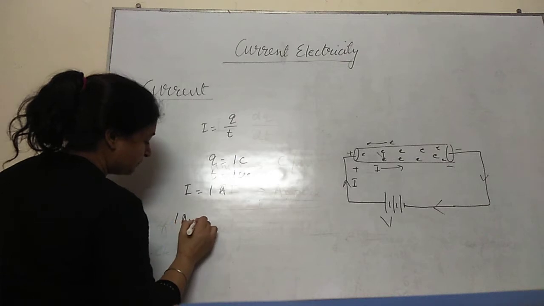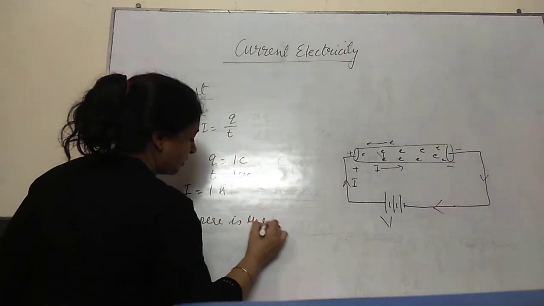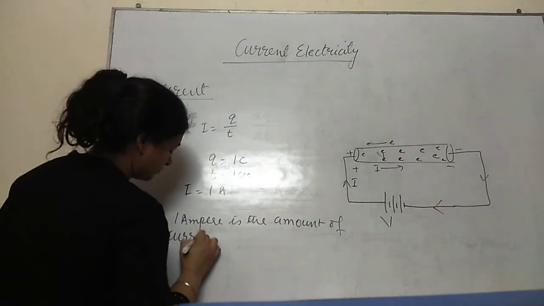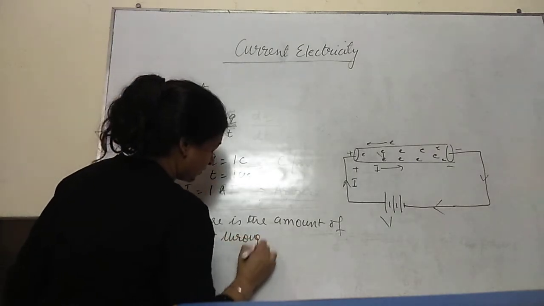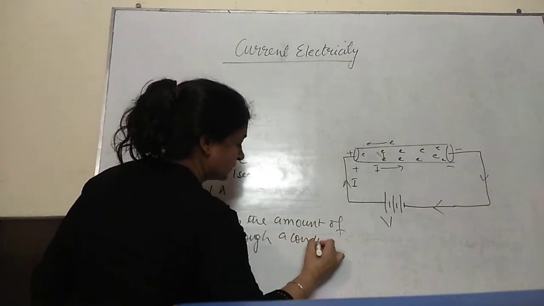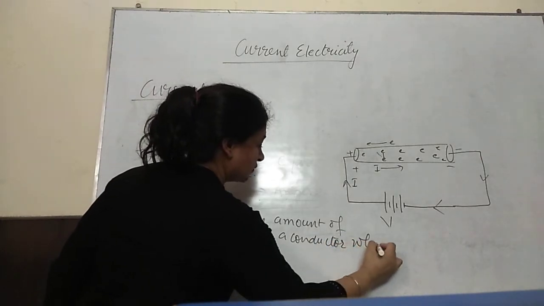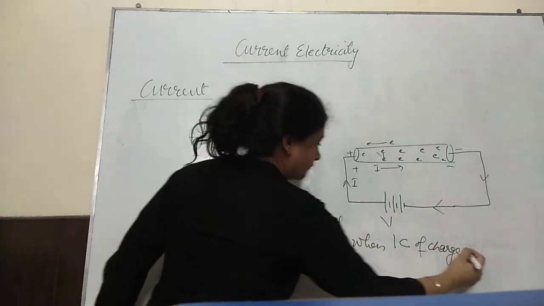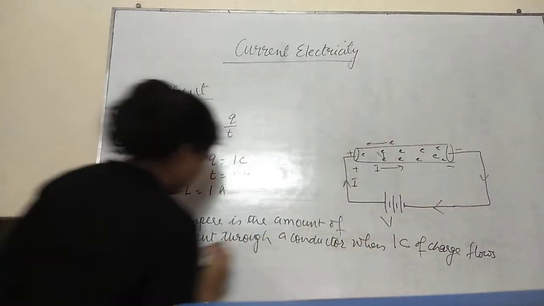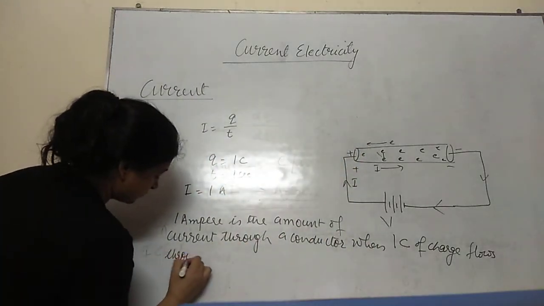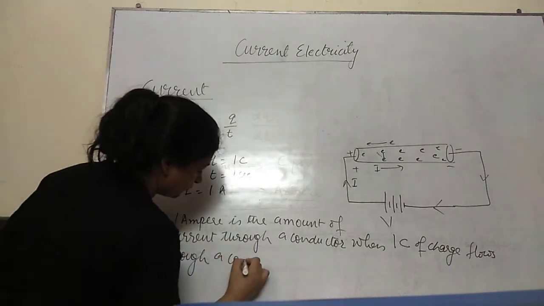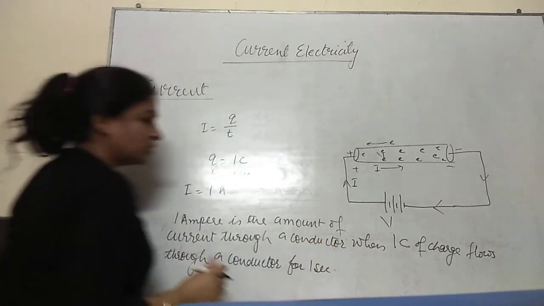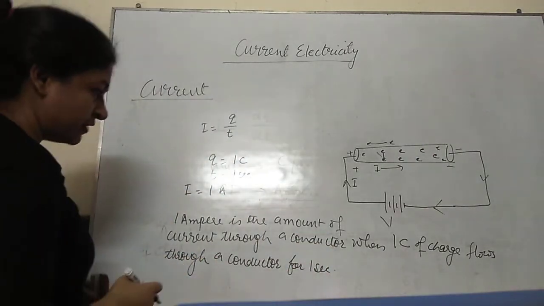So 1 ampere is the amount of current through a conductor when 1 coulomb of charge flows through a conductor for 1 second. So 1 coulomb of charge would be carried by a large number of electrons, that we already